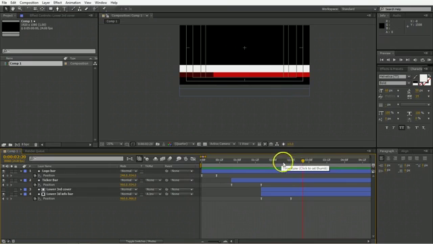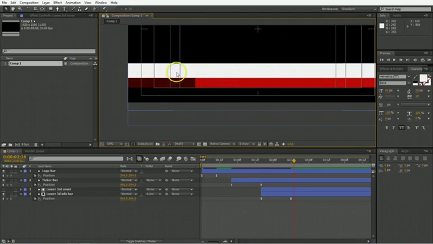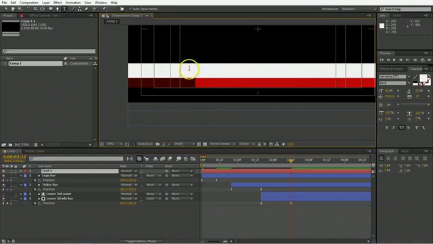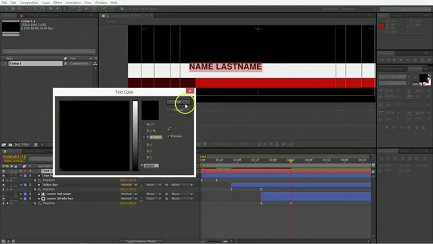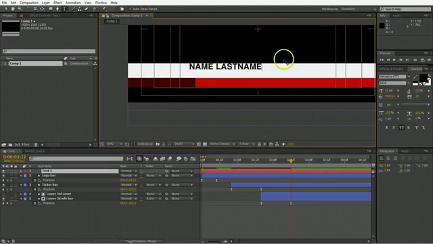Now the next thing to do is to add the text elements. For the lower third information, this is the simplest to add, and we will simply be taking out our text tool and typing out name, last name, and giving it a color. Perhaps everything should be a nice dark black, but you want to avoid pure black and pure white, so we're going to give it a blackness of 5%, and then for the subtitle,